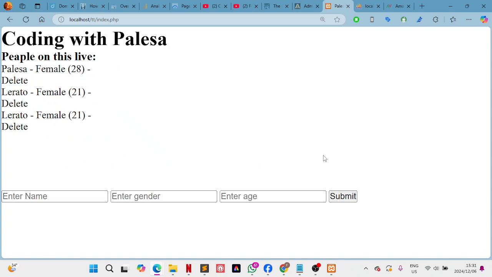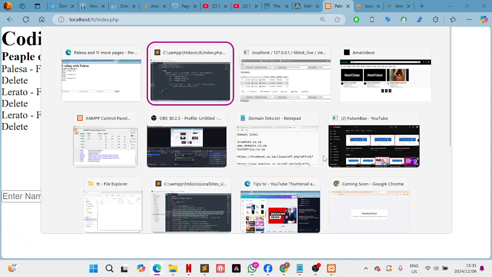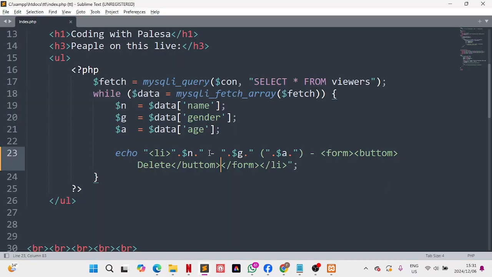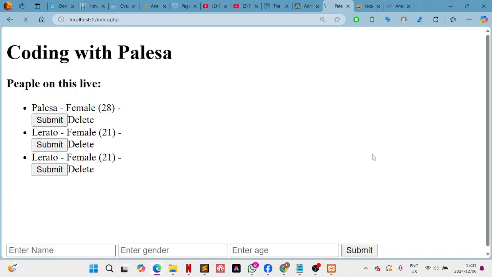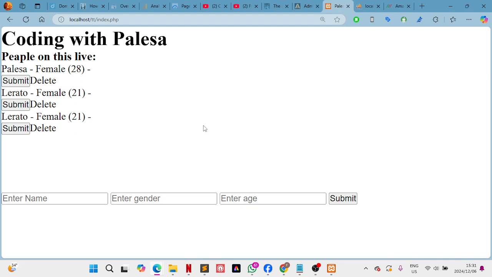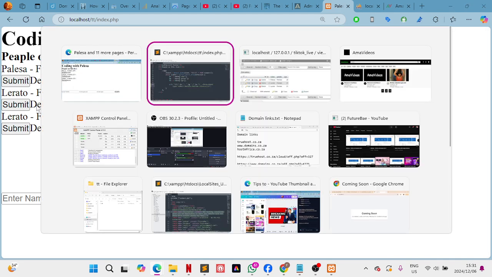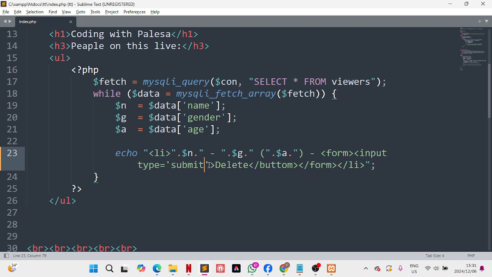So if we refresh, now it's a button, but it's on a next line because it has no styling and all of that. Do I need to style the button? Okay, but let me make it an input so that it even has a design. Just say an input, and then let me say type, and then let me say submit. Okay, let me make it a submit. Okay, the delete, I must now remove it because it is already written. So I must now say